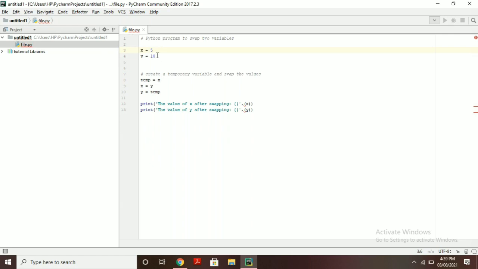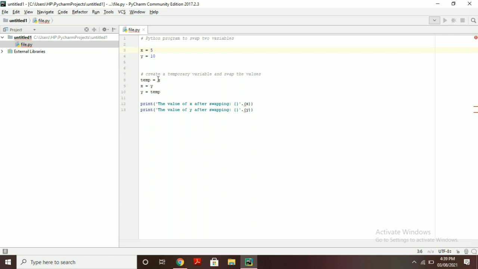First we'll store the value of x in temp, so the value 5 will be stored in temp. Then in x the value of y will be stored, and the value of temp will be stored in y. Now the swapping will be done and the values will be printed.